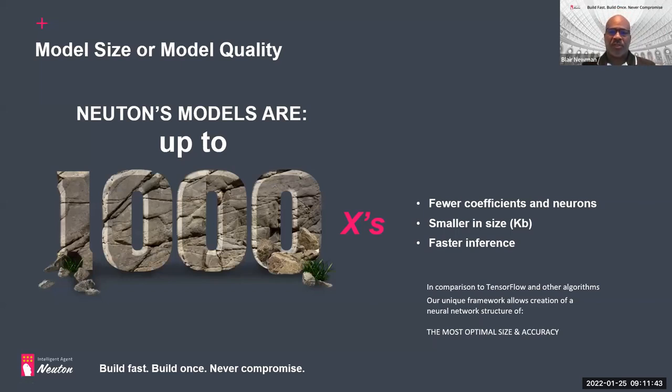Now, what are some of the results? What value can you get out of our platform once you have had the opportunity to take advantage of it? We have found that consistently, all of our models are often up to 1,000 times smaller than what you may find from other competitors or other frameworks out there, and in turn, we produce a model that is extremely compact. And as I mentioned, we're not compromising accuracy along the way.